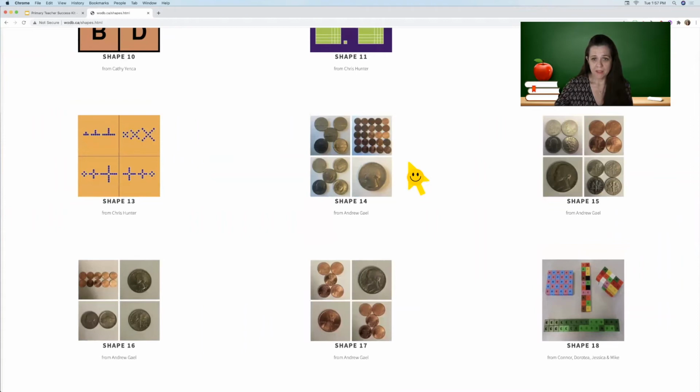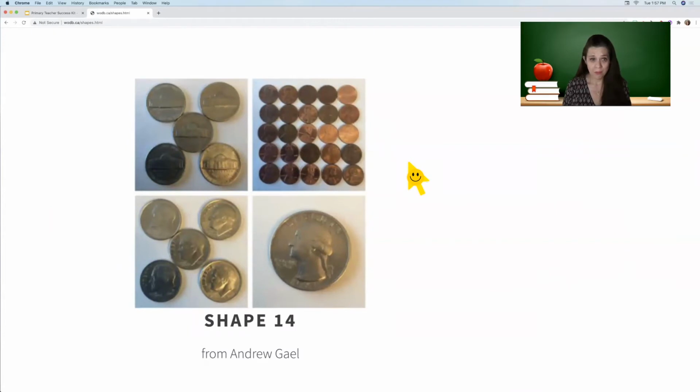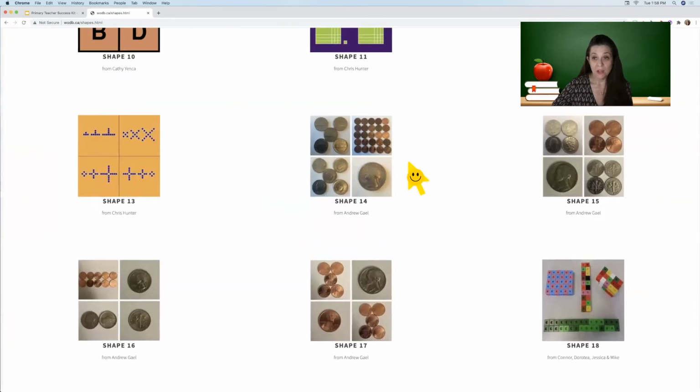Now, at a very basic level, I might zoom this up on my board in class with my students and simply pose the question, hey guys, which one doesn't belong? And I can ask my friends to tell me which one doesn't belong. And hopefully I also ask them to tell me why. I want to make sure that my students recognize those patterns, right? They look for repeated reasoning, but more importantly, I want them to construct a viable argument, right? Talking about those math practices, WODB really does help our students have opportunities to practice talking about math,